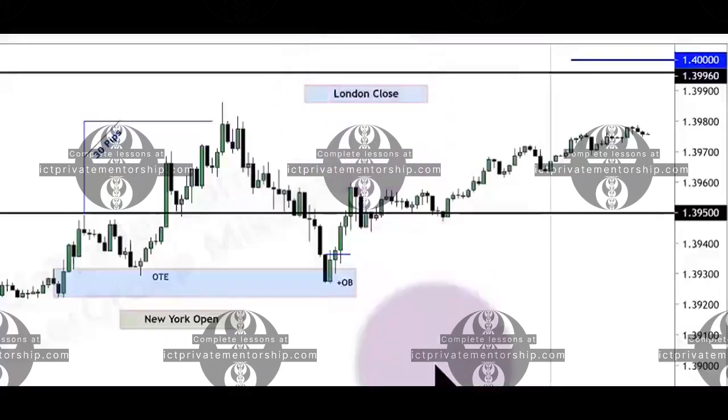Now, remember what I mentioned, personality traits. Notice that the high of the day forms ahead of London close. Now, remember what I mentioned yesterday. I talked about how when you see the London close creating the opposite end of the range, it tends to